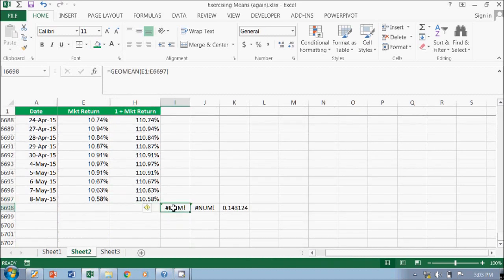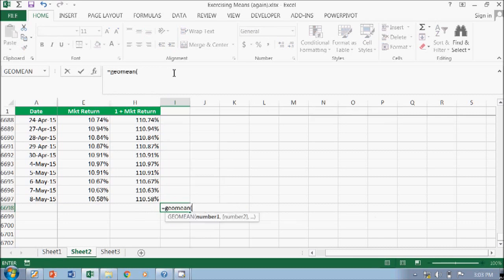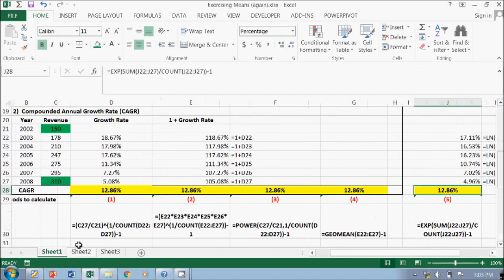okay, you can use many ways to get that. You can use GEOMEAN that I showed you before. This is GEOMEAN, I think. Let me check. The GEOMEAN, this one. Okay, so you can use this formula.